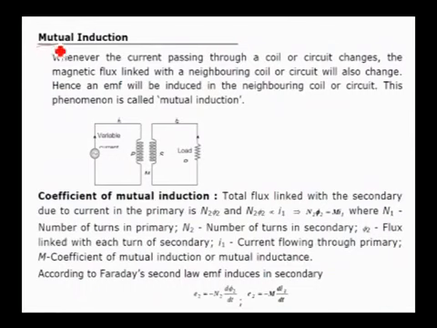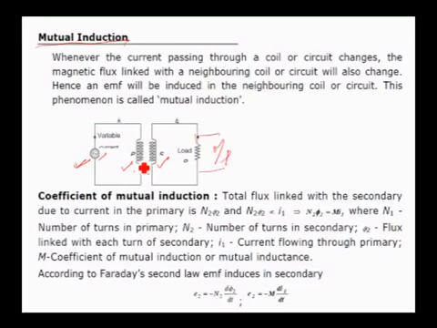We have one more concept similar to self-induction. The other concept is whenever the current passing through a coil or a circuit changes, just look at the difference here. In the previous case, we had a coil connected to a battery, but here we have two coils. One is a primary coil, another one is a secondary coil. The primary coil is connected to an AC source. You know what an AC source is? It always generates voltage or current which varies periodically both in magnitude and direction. Look at the other coil, the secondary coil. It is nowhere connected to any source. It is connected to a load through which I can measure the output.